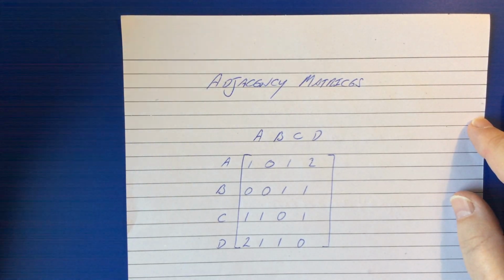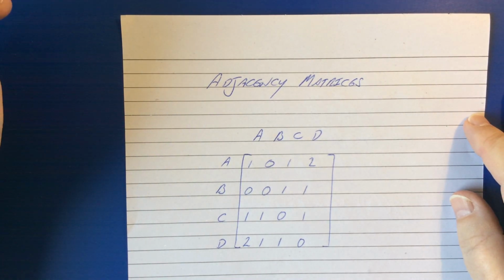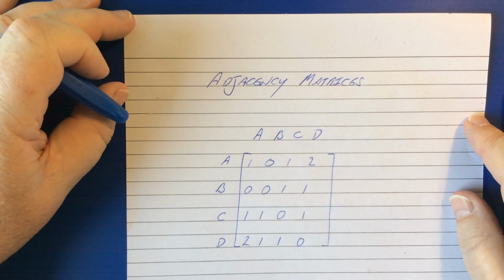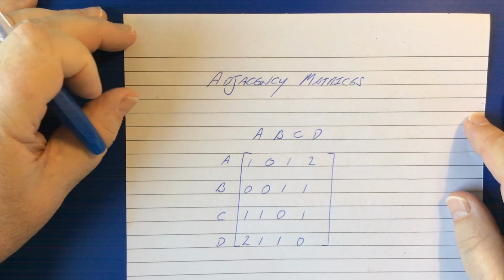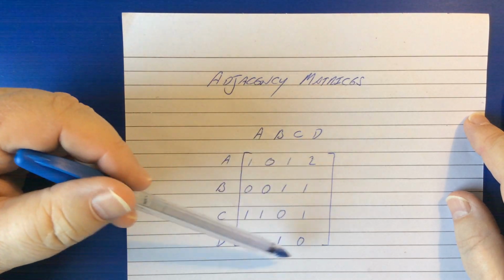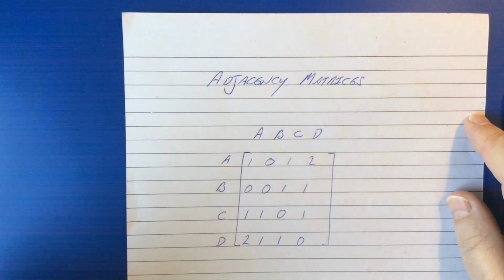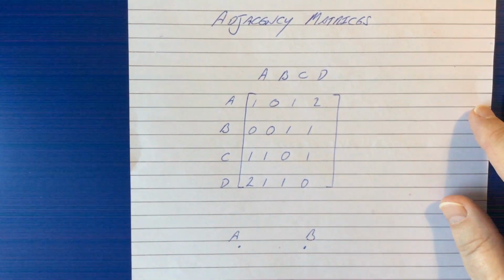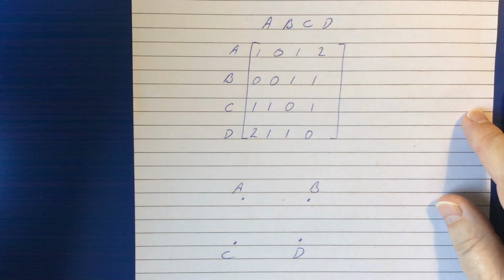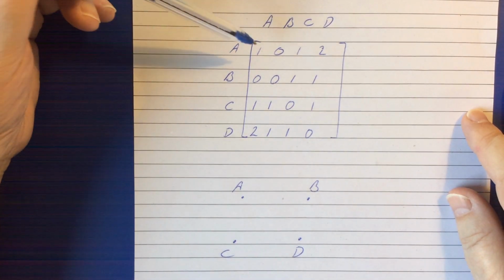So if you look at my first video on matrices, I say that they're tables in which numbers are stored in a particular order. And we're about to see a real example of that here. We're going to take this matrix, this adjacency matrix, and we're going to use it to draw a network. So I'll just get to work here. Everything's in view. So how you read this is